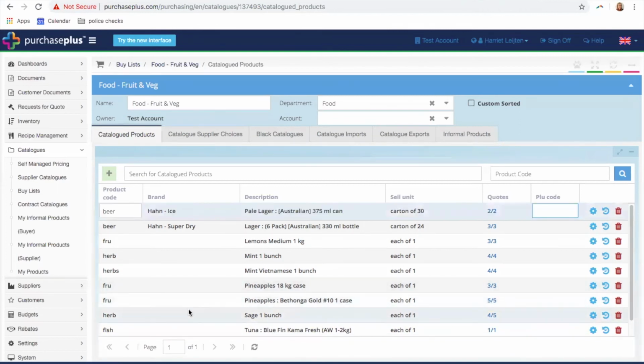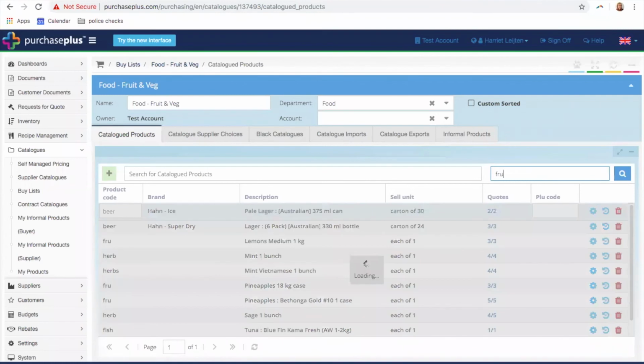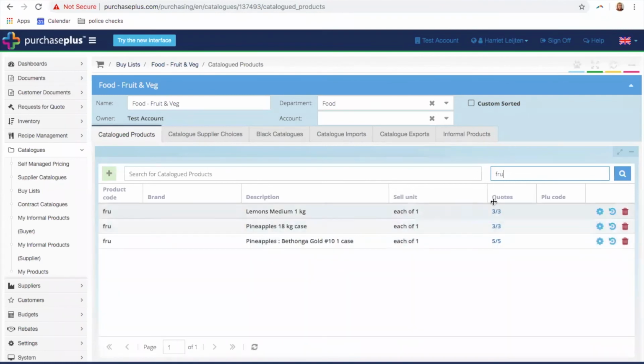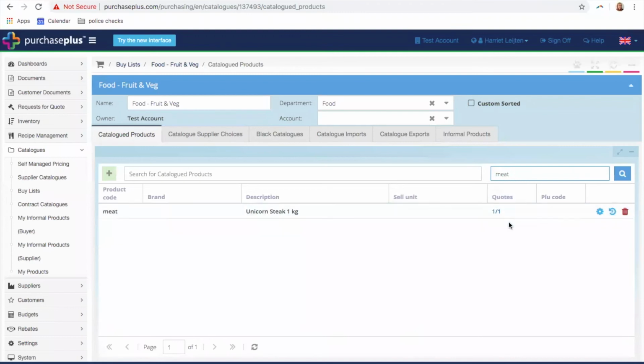So what this means now, when you raise a requisition, if you're just doing fruit and veg, you search for the product code, and this is just an internal product code. This doesn't go anywhere or anything like that. This is just an internal reference for you. You can search by product code, and then out of all your products, it's going to bring up only the things from your fruit list. Or here we'll say we want to order our meat, and then we can put in our quantities